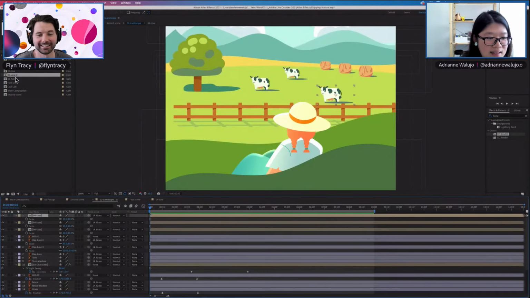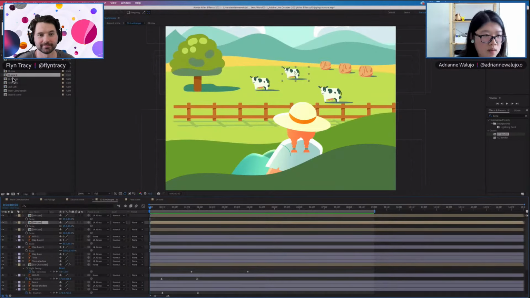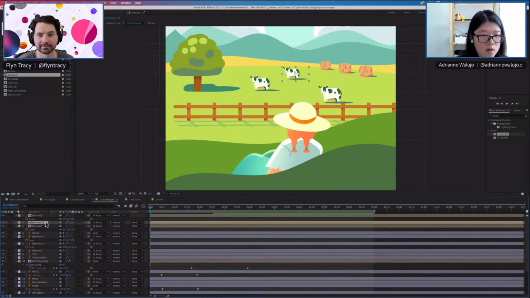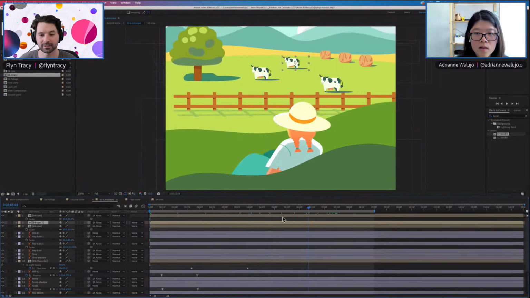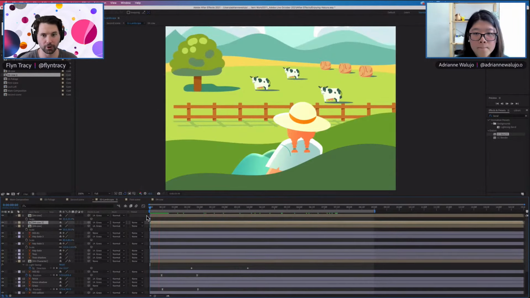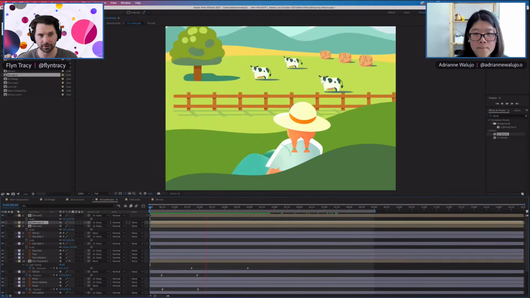Yeah, and this is a cool thing. Now you have a second variation of the cow, so maybe you want to replace one of them. You can press Alt and click both of them, and then put it there. It will replace it automatically, so you keep all the settings. If you hold Alt down and put it exactly on top of it, it'll replace it. You have to click both of them so both are highlighted, and then Alt, and then it replaces.